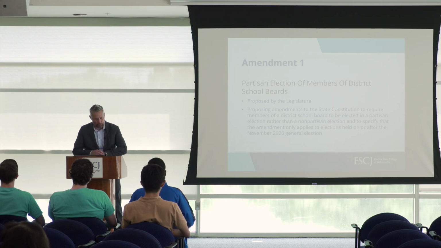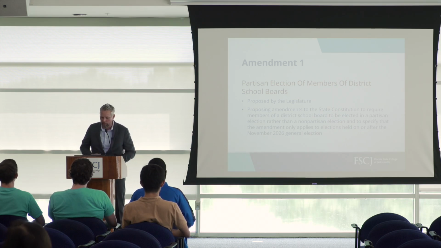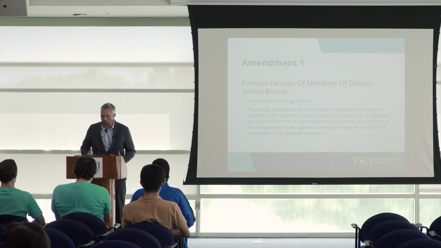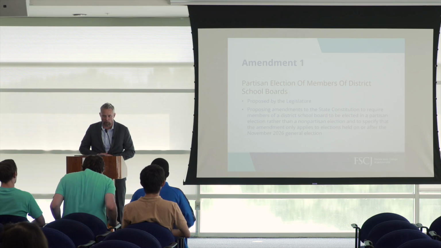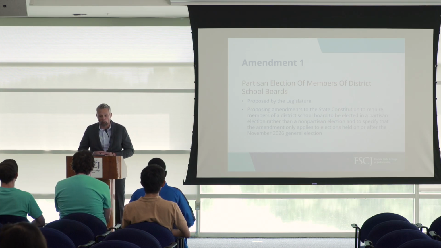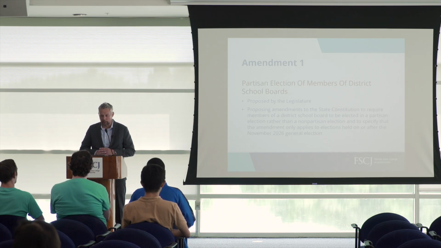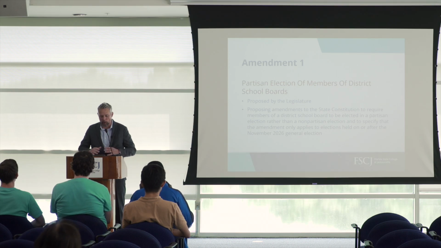So now that we've laid out a little bit of the homework, a little bit of the framework to this, let's dive in and let's talk about what we're going to be looking at on our ballots this fall. The first one listed is Amendment 1. This was proposed by the legislature. And this was an amendment proposing amendments to the Constitution to require school board elections across the state of Florida